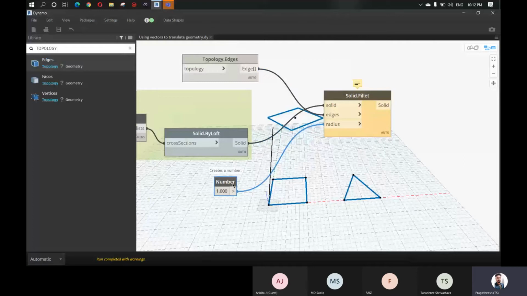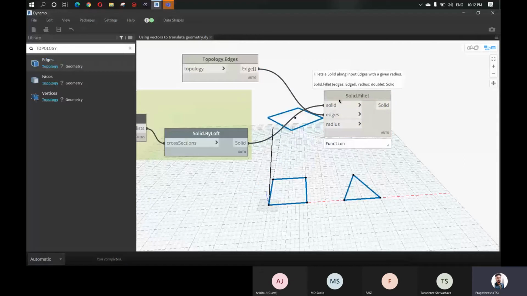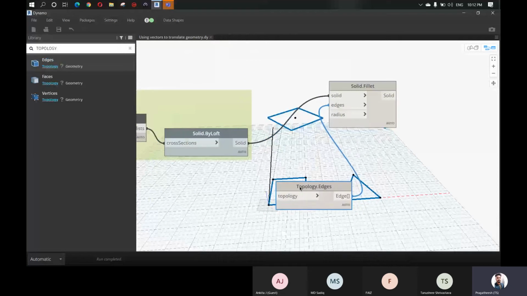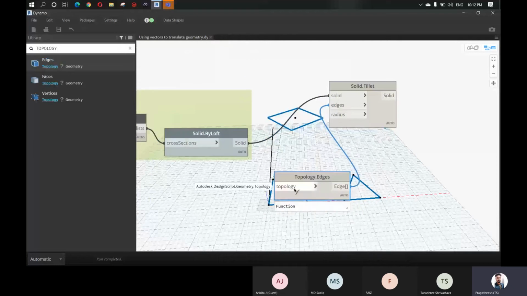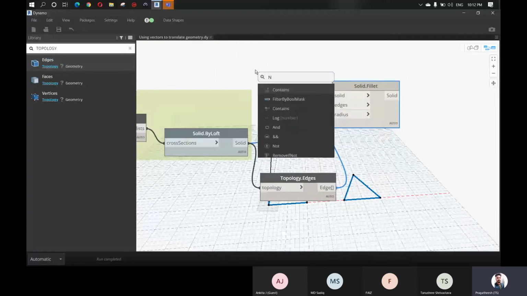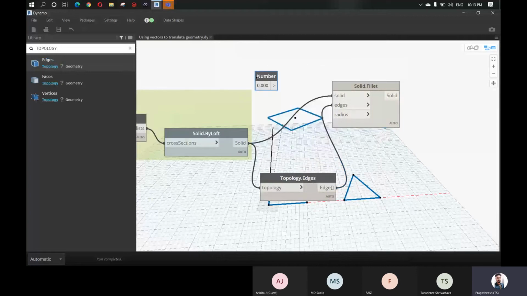Let's see what's the problem here. Solid edges and, okay, so we haven't assigned what the topology is, right? So this is the topology. Okay, so now we can give the radius, just giving 1.